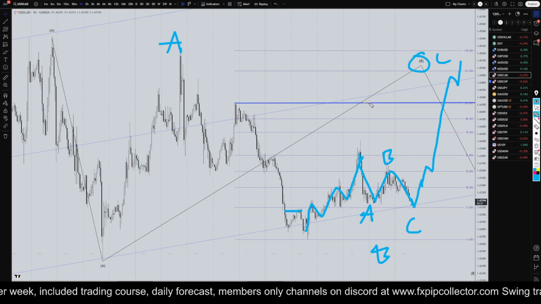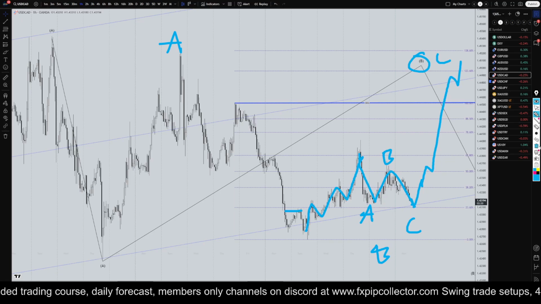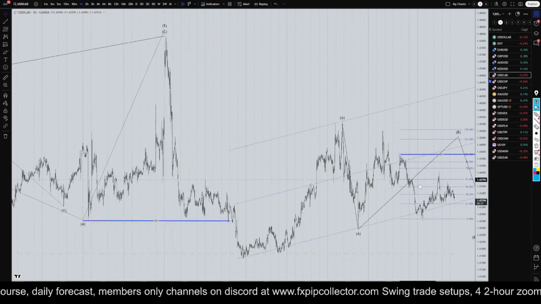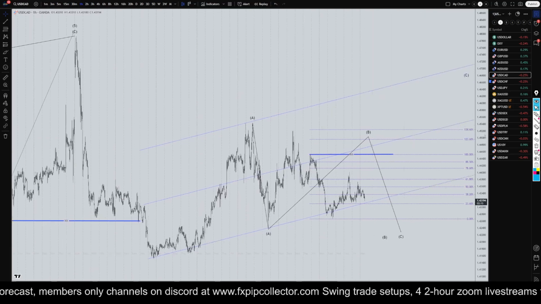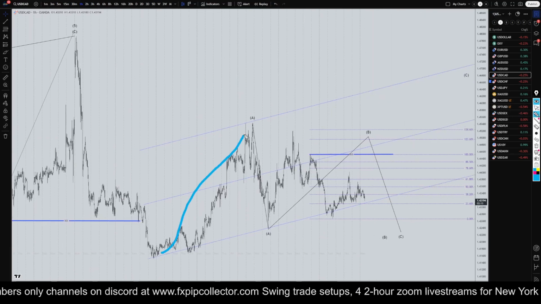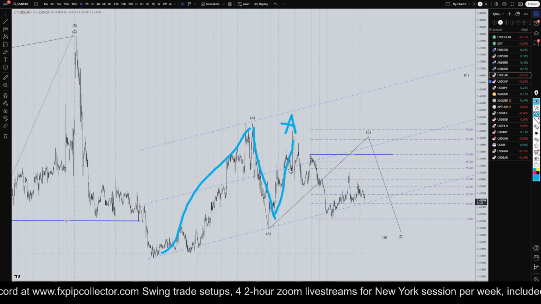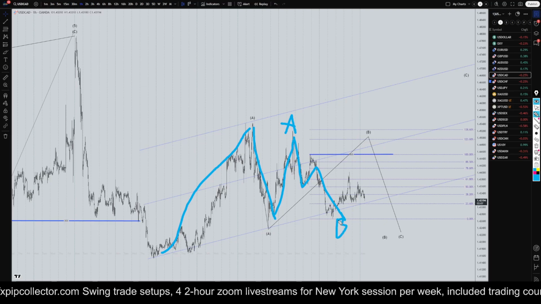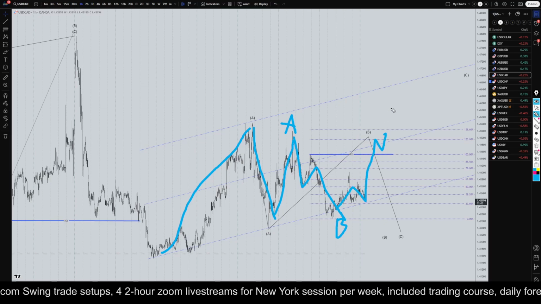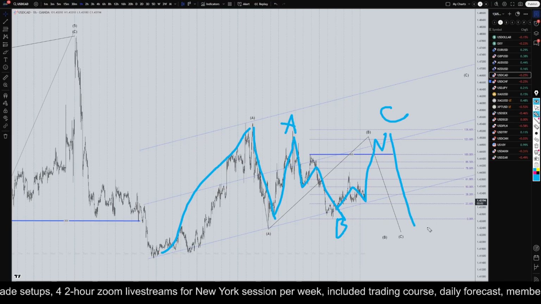So, like I said, we are definitely in a very rangy market. It almost kind of seems to me like if we zoom out on the 1 hour time frame, it'd probably be easier to explain because I think this right here is an A. I think this is an A, and I think this is an A. So it's like three A's in a row. And then a wave B, and then potentially up for wave C, and then down for the bigger wave C